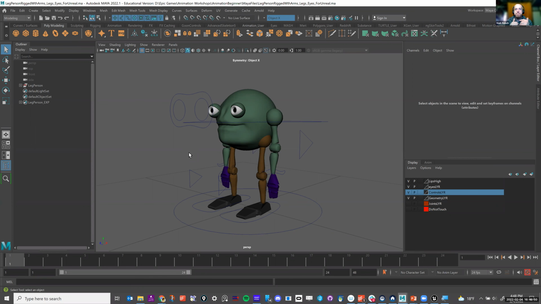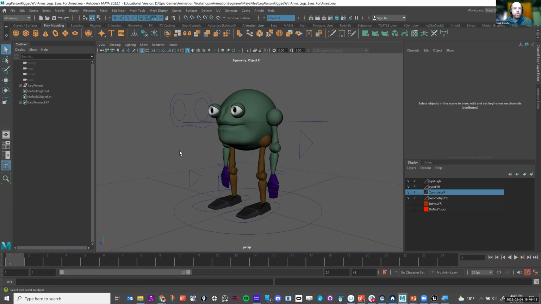If you miss a joint or you miss a piece of geometry, and you bring that into Unreal and then export out another bit of animation, if you missed that joint selection, it might say, oh, I didn't find that joint. Sorry, I can't import your animation. So you need to make sure that you have those things selected.